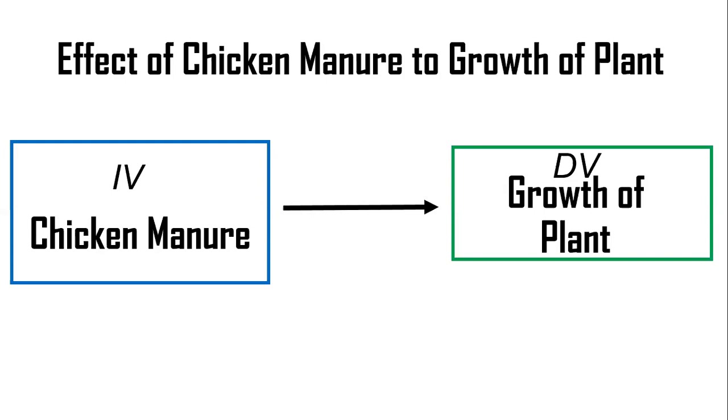And therefore, when you say that the chicken manure really helped the growth of plants, let me ask you the question: what is your basis, and where did you compare the data that you gathered to say that your chicken manure actually helped the growth of plants, since all of the plants grow? To answer that and not make that mistake, you are going to divide your IV, independent variable,